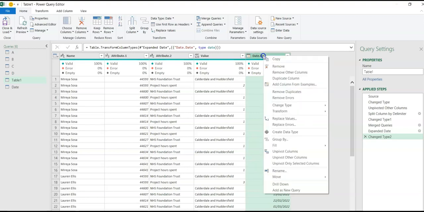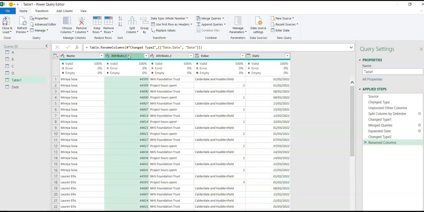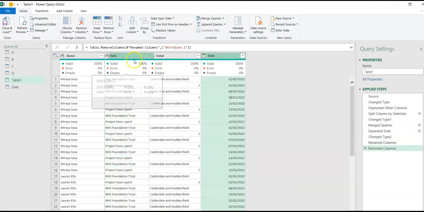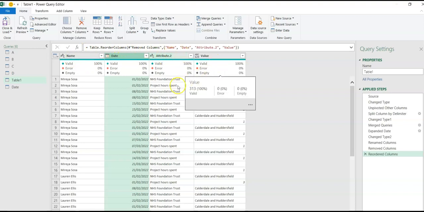And we can change the name, so rename as just date. Now we have date. We do not need this column, so we can delete. And we can bring the date in here. Good. So we have name, date, attribute, and value.